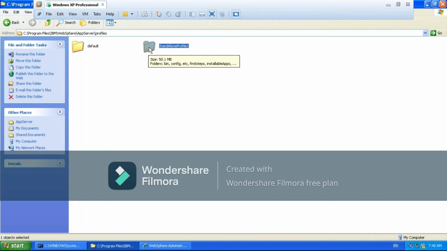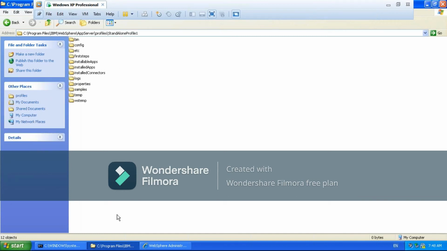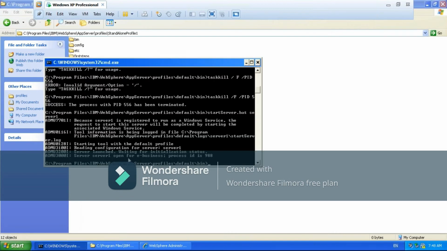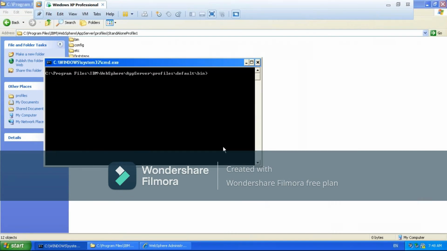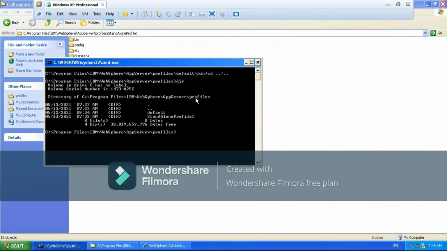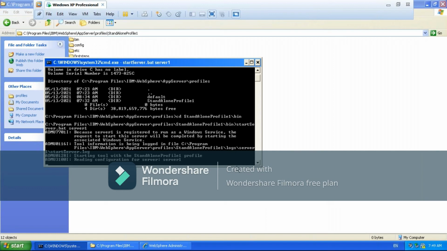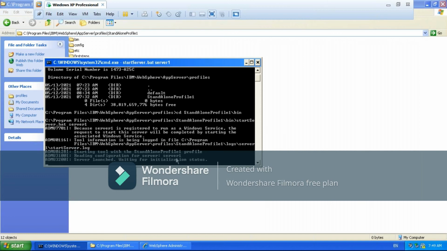Okay, now if you want to work on this standalone profile 1, you need to start this server1, right? If you want to start this server1, what do you have to do? You have to start that server. Where do you have to go? Now see here, we are at the profile home of default. You need to get into the profile home of the standalone profile, go to the bin, and there you have to give start the server. Standalone profile, then go to the bin, right? In the bin, from there start server1. Now this server1 is related with the new standalone profile 1.